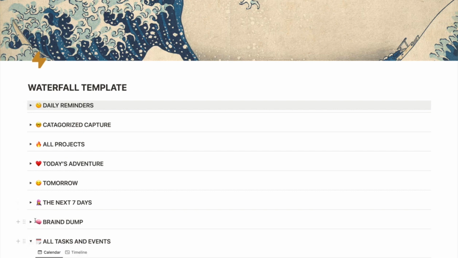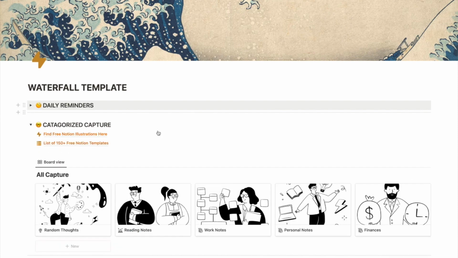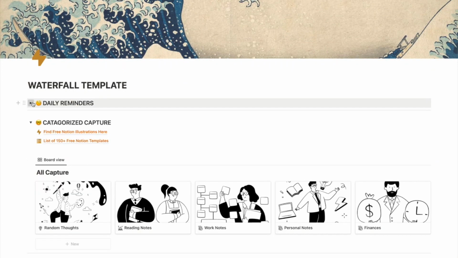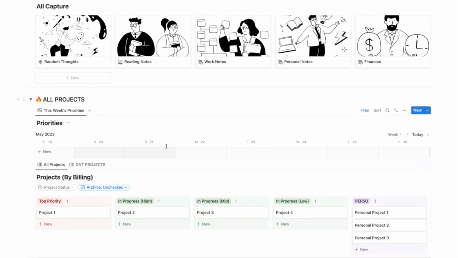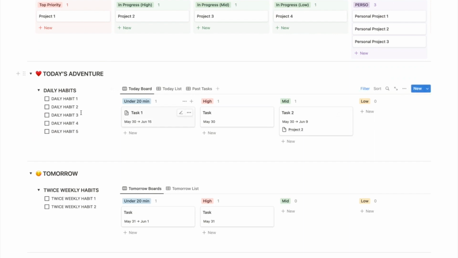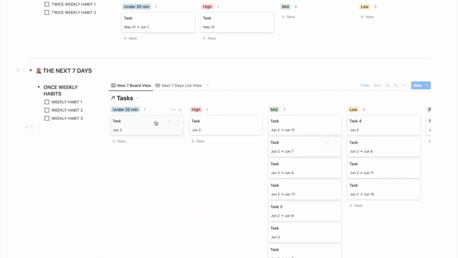And so let's open this up. Basically, we've got, what do we got? Five main sections here. You're going to have your capture section, the projects that you're working on at any given time. These are either temporal, because you can assign priority to them based on date, or they just exist for however long the project goes. You've got all of today's tasks and habits in this section, all of tomorrow's tasks and habits in this section,